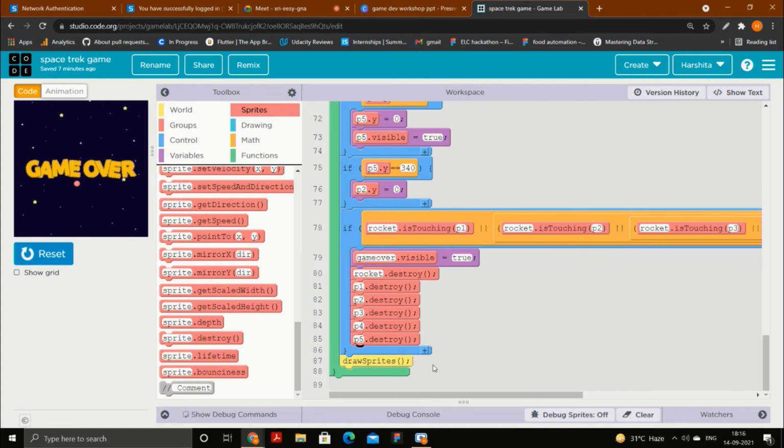Now only one thing is remaining, and that is the score. Only the score part is remaining, and it is a matter of a few lines of code. Then it will be completed totally. So what I want is that the score should be equal to the total time, or the total number of seconds for which I was in the game.